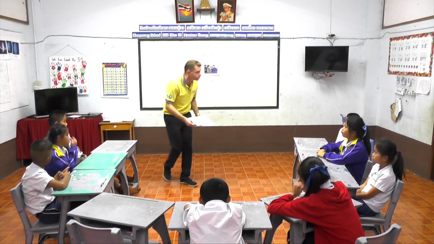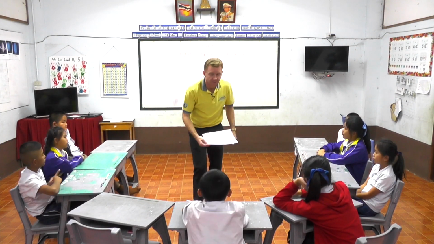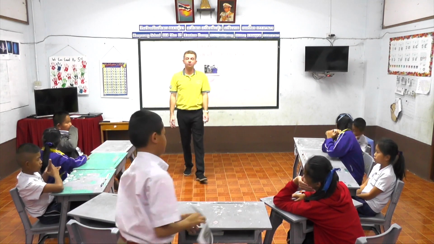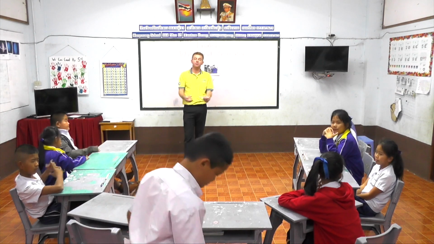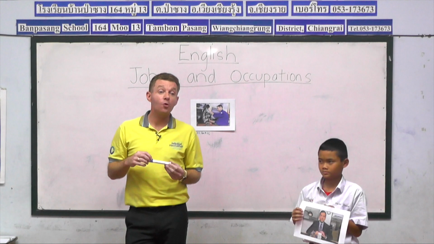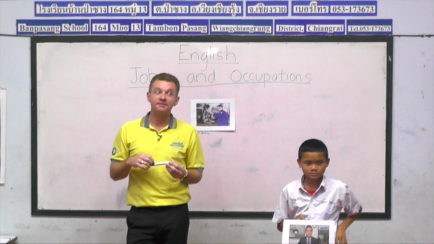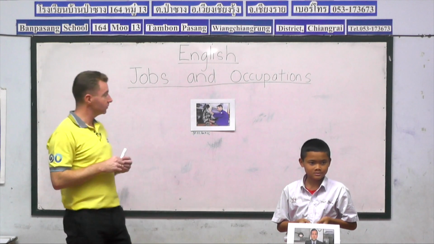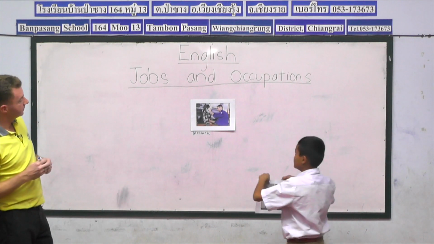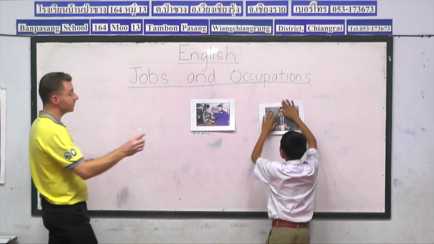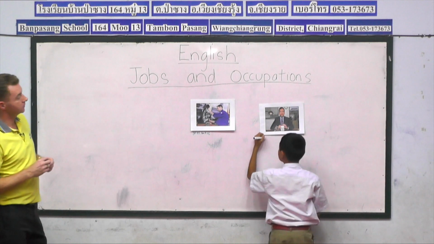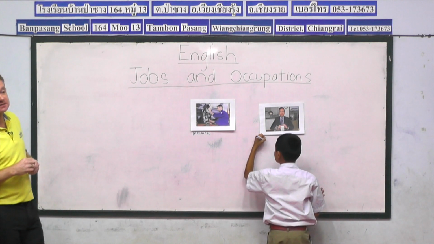So next one, who can go next? I know, Chew. Chew can go next. So come and join me at the front of class, please, Chew, and show your flashcard to the front of class. Who can remember who this person is? Boss, yes. So Chew, can you place the boss up on the board? And then show us how to spell the word boss correctly. So how do we spell boss, guys?